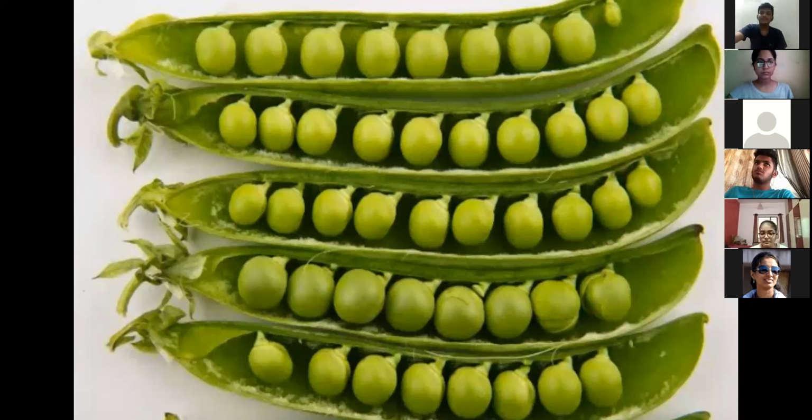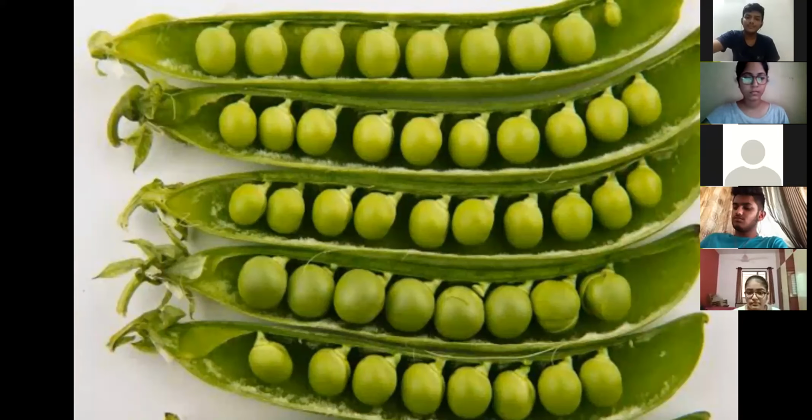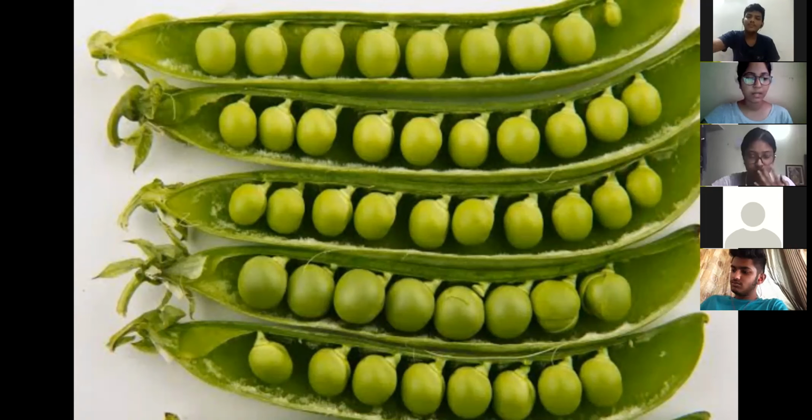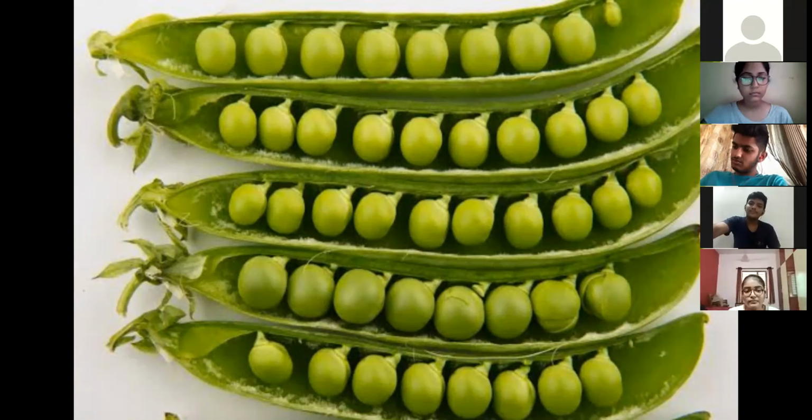Now the next very important topic, that's the placentation. You know the placenta. Can anyone tell me what is placenta? Just now we have discussed. Yes, Maitri, go ahead. Ma'am, the part of the flower where ovules and ovary join. Okay. The part of the flower where ovary and ovule join with each other makes a connection we call placenta.